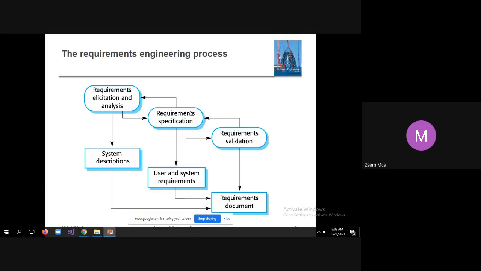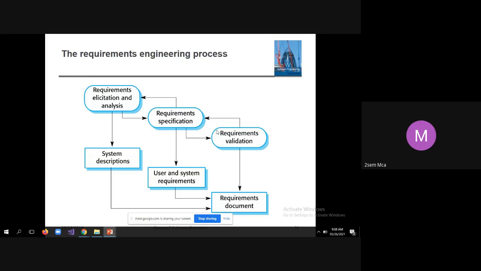Then second phase, requirement specification. So here, you have just abstractly noted down in requirements elicitation what the client requires. Now you document it. When you document it as part of user requirements, system requirements, domain requirements, and so on, that becomes complete SRS.